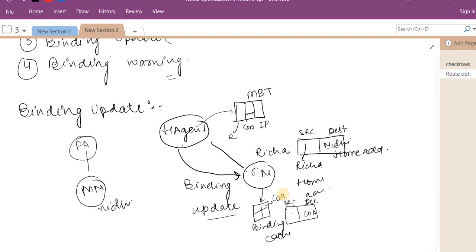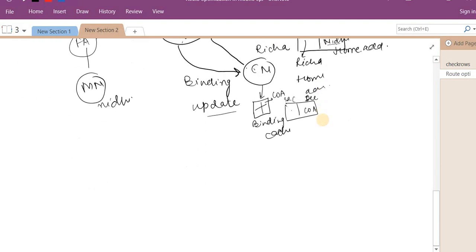Also, in the second case, suppose Richa does not want to send a packet to Nidhi, but Richa wants to know the current location of Nidhi. So Richa will send a binding request.